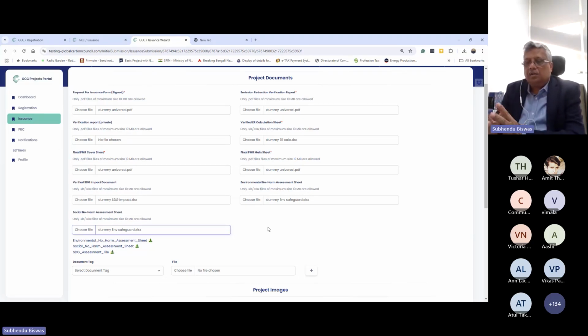There are a set of projects already registered with GCC. They want to go ahead with the issuance, but they don't want to move to GCC 2.0. They want to continue with GCC 1.0. In GCC 1.0, there is no requirement with respect to submitting Excel sheets on environmental safeguards and social safeguards